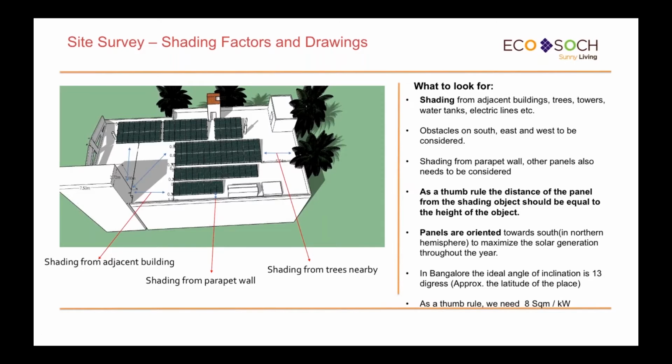I'll tell you, there are developers, there are system integrators unfortunately, who may not be well versed with the shadows in detailing, and they propose a system and put the panel somewhere close to it, and then you get less generation and customers are unhappy. They don't want to promote solar. So a lot of these issues, right? We actually follow certain thumb rules to calculate this.